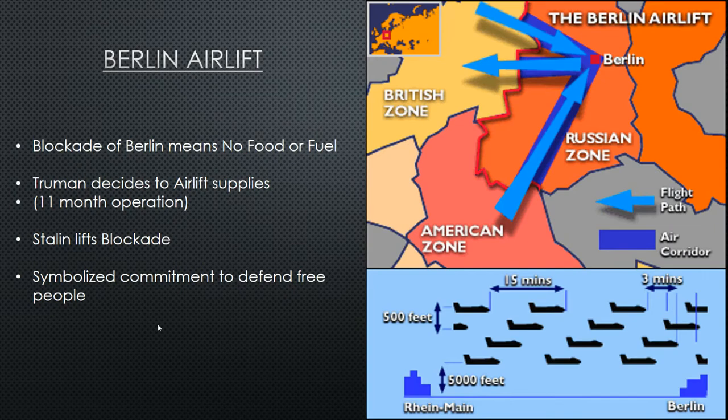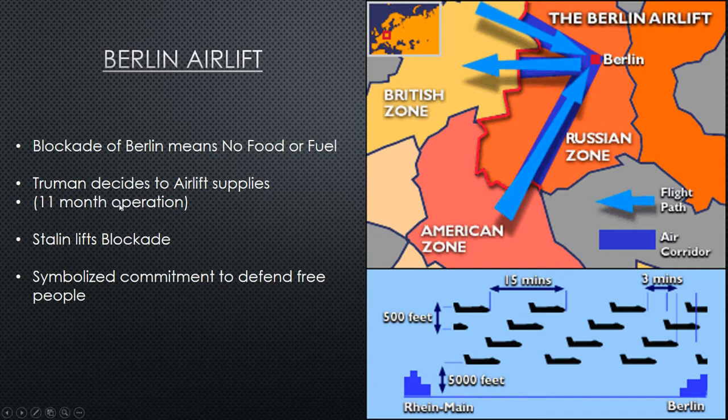So in short, because Stalin is going to blockade Berlin, this means that there's no food or fuel or substance for survival for the Berliners. This is going to last 11 months. This really puts Truman in a position of how do we respond to this? Do we use force? That is something that could start a war. Do we abandon Berlin and kind of admit defeat? Or do you find a third option?